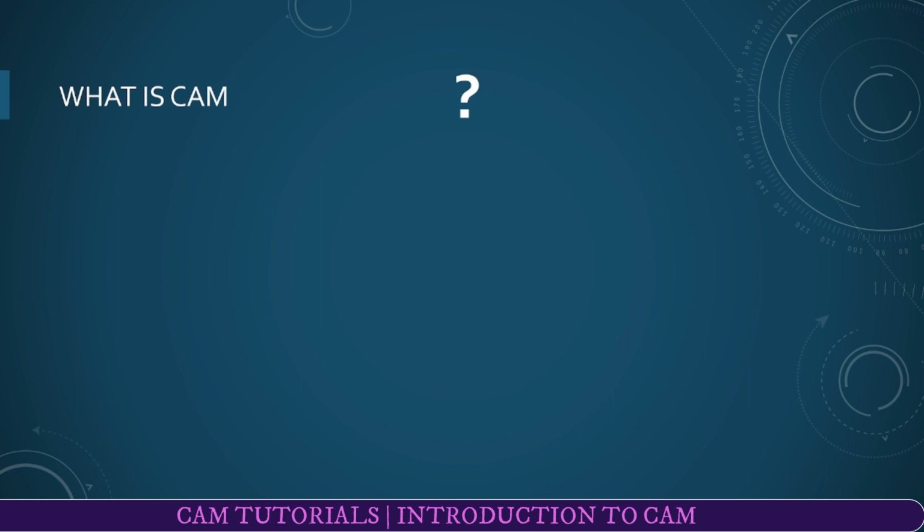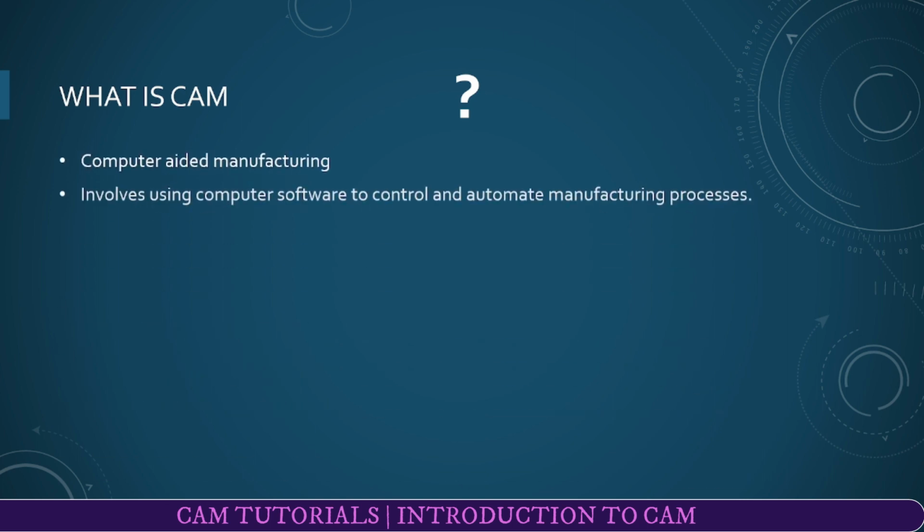So what is CAM basically? CAM is computer-aided manufacturing in which you use computers or microprocessors and post processors for generating tool paths and controlling your machining. You use your CAM software, in which you use your CAD model and generate its tool path and all its G and M codes for its process and production. It involves computer software